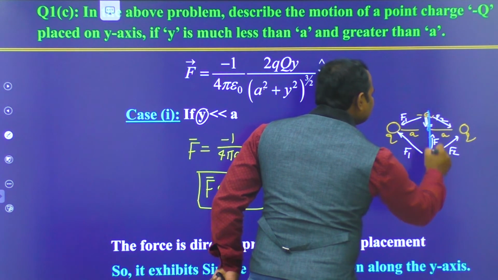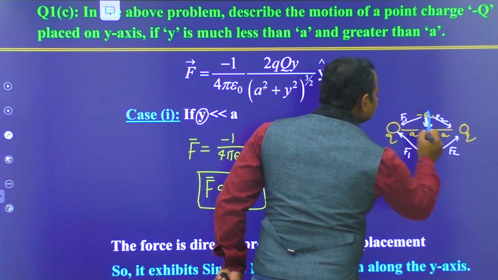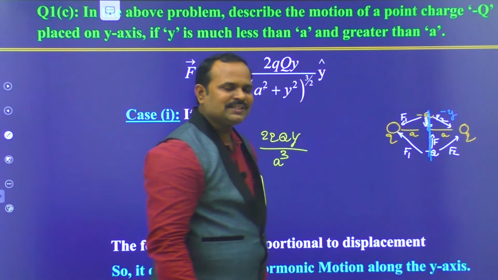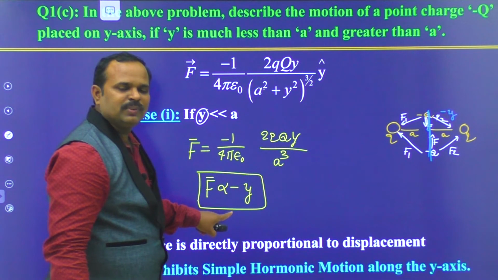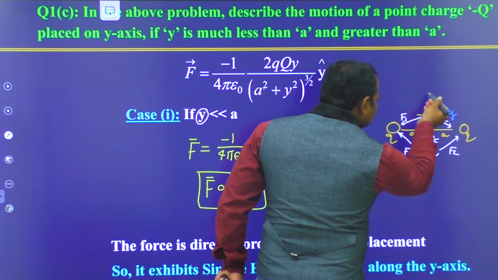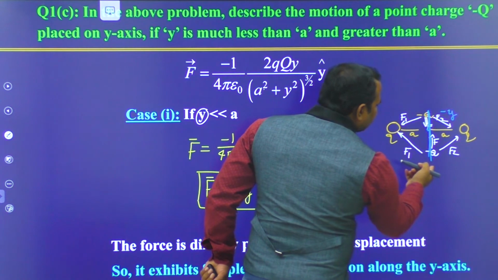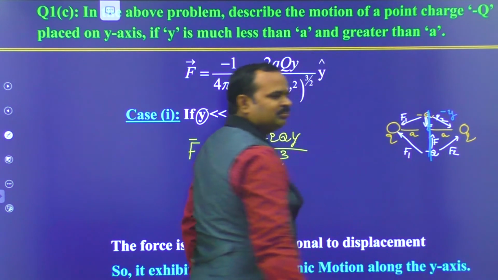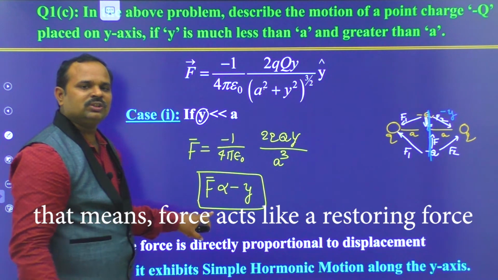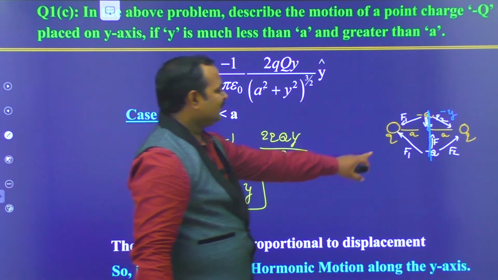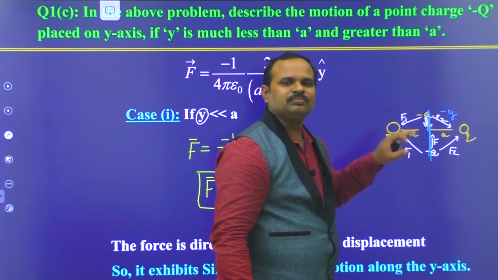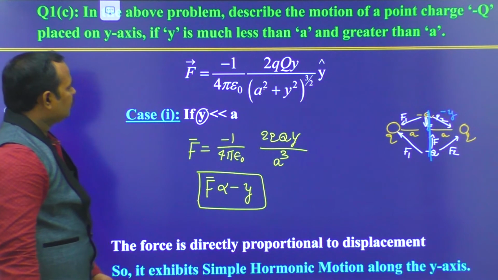That means it exhibits a simple harmonic motion between the two charges, from y to y distance. That means the force is always directly proportional to the negative displacement. So the force here pulls towards the downside, and again when it comes to the downside, the force pulls towards the center. This kind of force exhibits only in simple harmonic motion. So this charge, minus q, exhibits a simple harmonic motion.